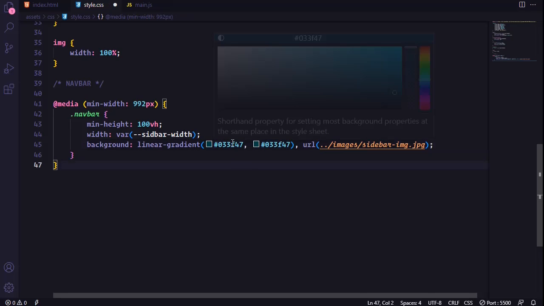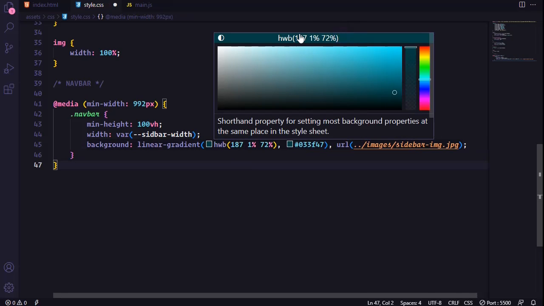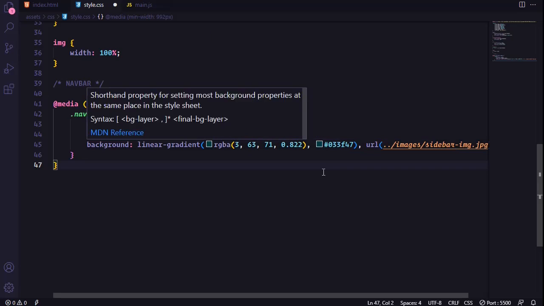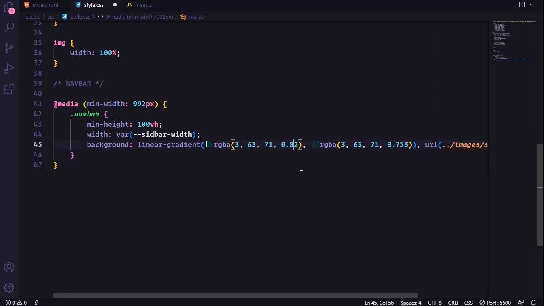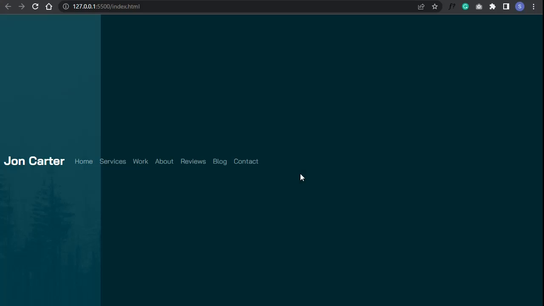Okay, so then I'm going to reduce the opacity. Select the RGB, reduce the opacity. Again select this, and I'm going to reduce the opacity to, let's say, 0.9. Okay, so as you can see, we have that image now,